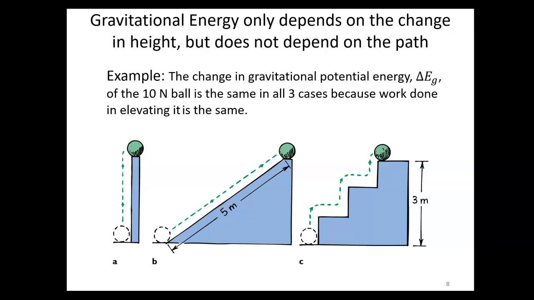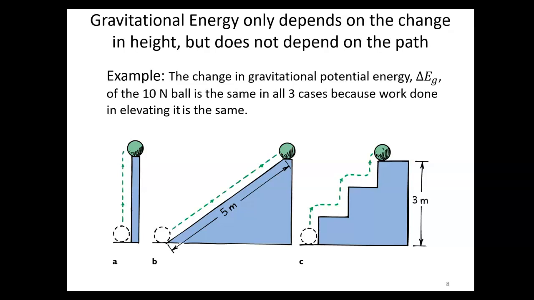Gravitational potential energy only depends on the change in height. It does not depend on the path that was taken to get the object to that height. So here we've got a picture of 3 different scenarios for how a 10 Newton ball could be lifted to